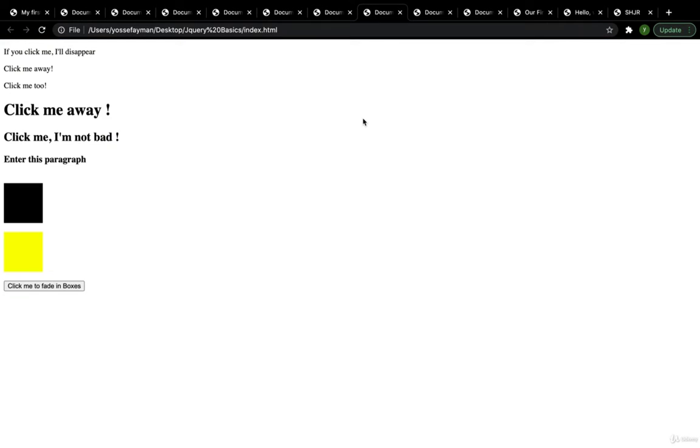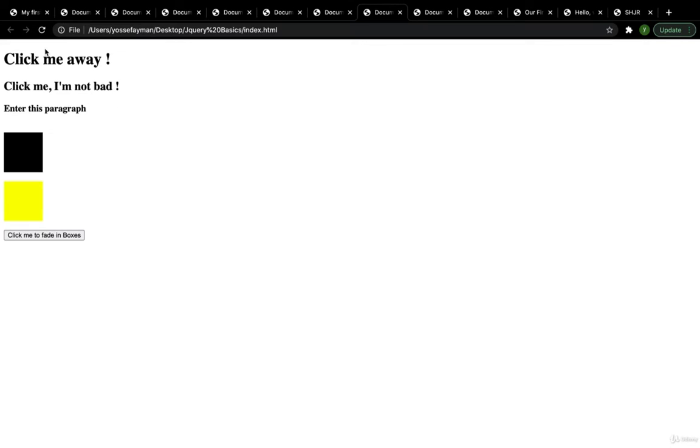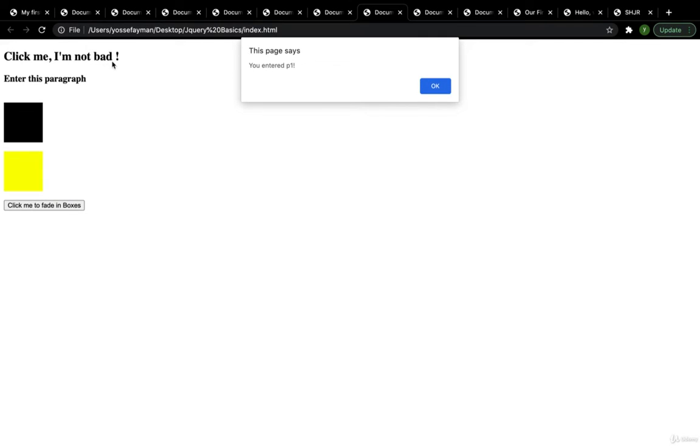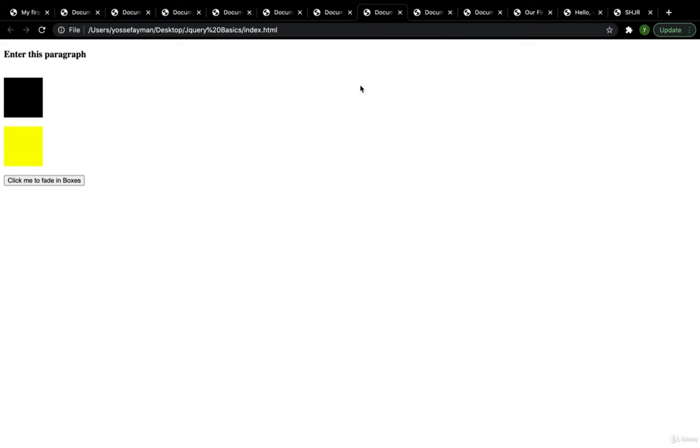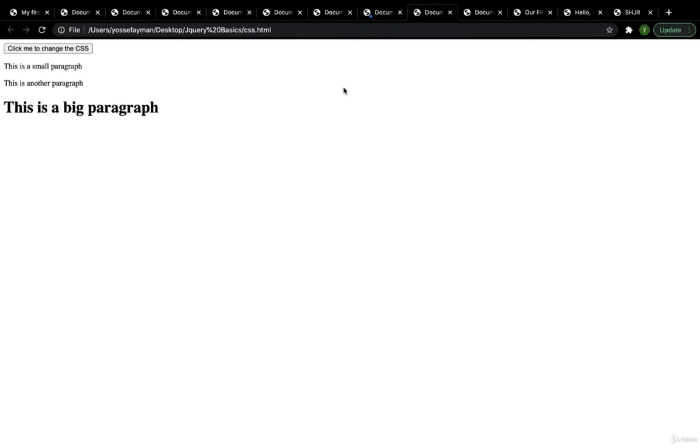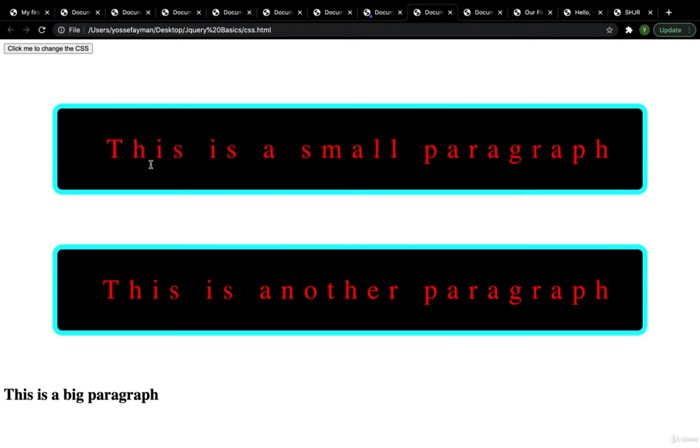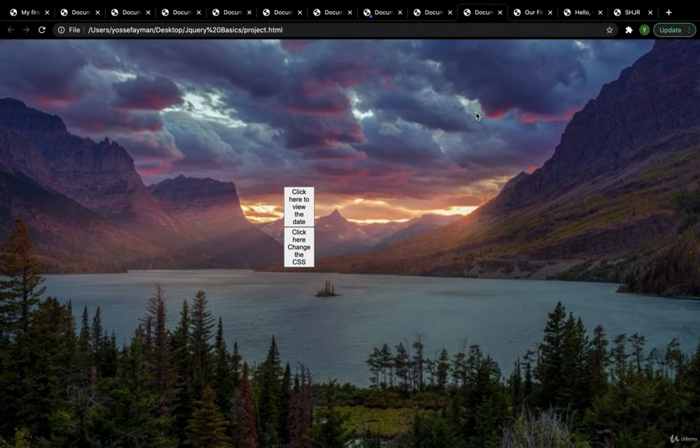Then we will move to jQuery. We will learn how to use jQuery. When I hover this part, I have an alert, and then when I enter the paragraph, I have the alert. When I click here, I have the fading boxes, and then we will learn how to use CSS inside jQuery. When I click here, I have this, and when I click here, I have this. And then we will build a small project using HTML5, CSS3, and jQuery. When I click here, and here again,